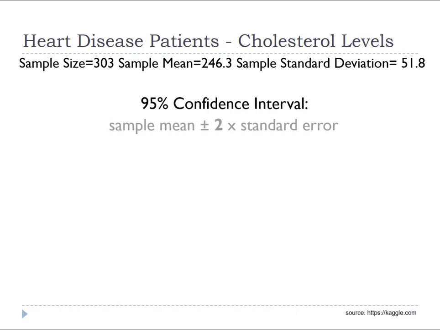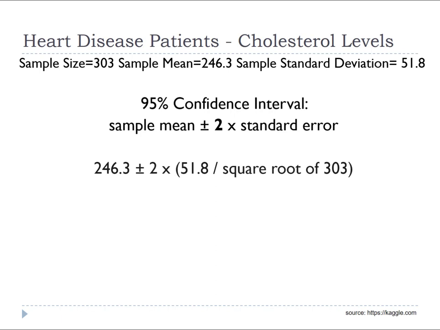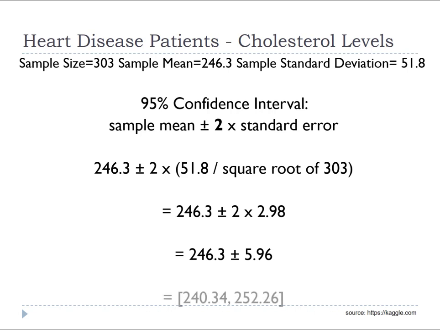In this example, the standard error is the sample standard deviation of 51.8 divided by the square root of the sample size equal to 303 patients. The resulting standard error is equal to 2.98. The standard error is multiplied by 2, which is equal to 5.96. This value is taken away from the sample mean of 246.3, resulting in 240.34, the lower limit of the confidence interval. Then we add 5.96 to the sample mean, resulting in the upper limit of the confidence interval equal to